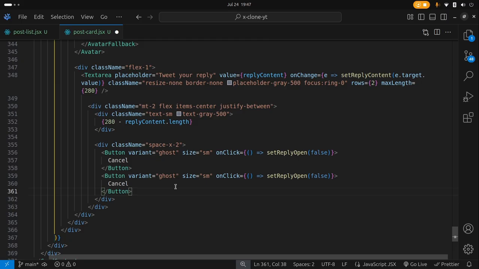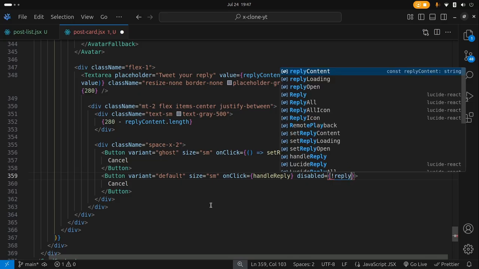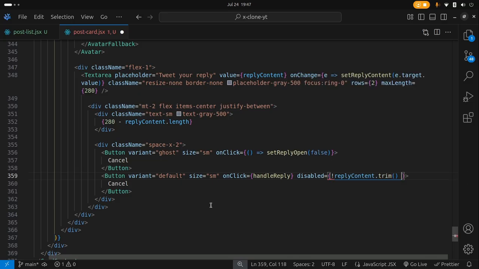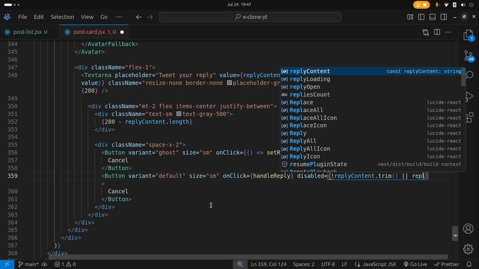This next one is going to have a variant of default, the size is going to be small, and then on click we're going to be calling the handleReply, and then the disabled state is going to be checking for if there is no reply content.trim or there is reply loading,